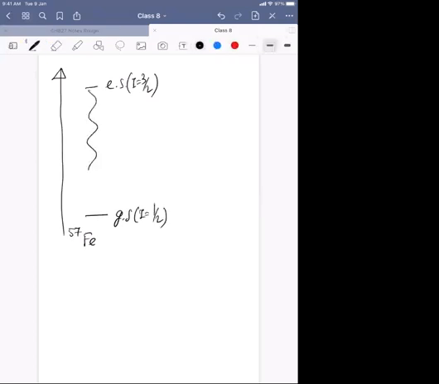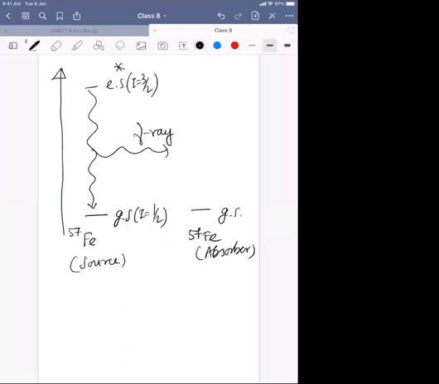Over there, this energy is being released as a gamma ray coming from an excited state iron 57, and this gamma ray is getting absorbed in a different iron 57, which is an absorber. So this is the source and this is an absorber. Say this ground state is again I equal to half and this excited state is again I equal to 3/2. Now say everything is the same: this iron 57 and this iron 57 are exactly the same, and the outside electronic environment is exactly the same. So what will happen? This will go over there and you will see a very nice resonance, right?